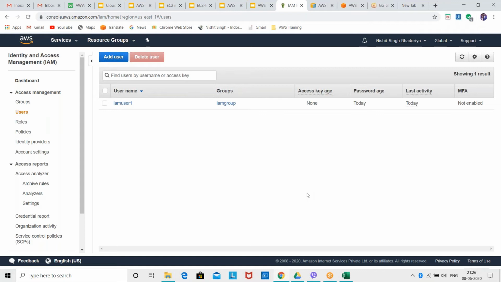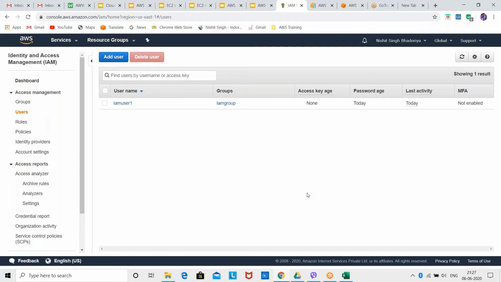Basically, in your root account you can see that we can do monitoring as well. We have the services for that also. You can see what your separate user has done, how much work they have done, and how much cost Amazon has put on you due to a separate user. You can see each and everything. We have monitoring services for that as well. I'll be teaching you those things also.